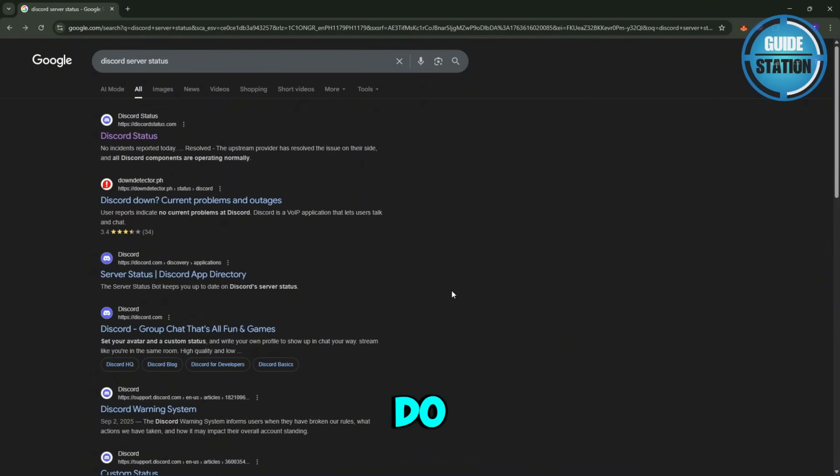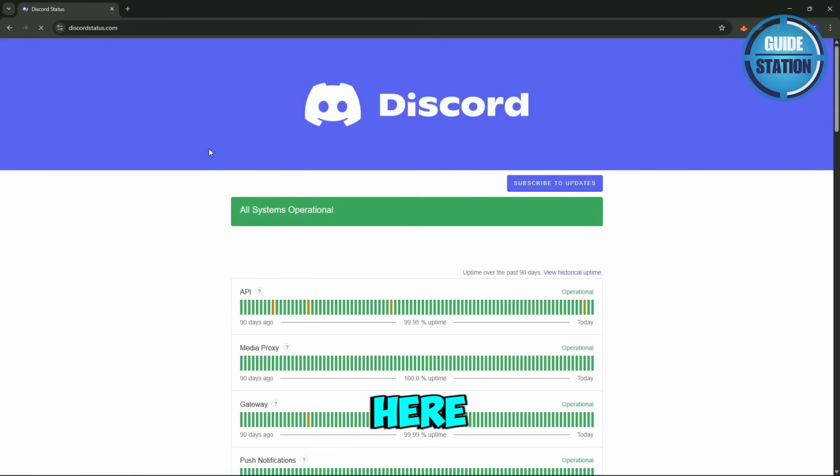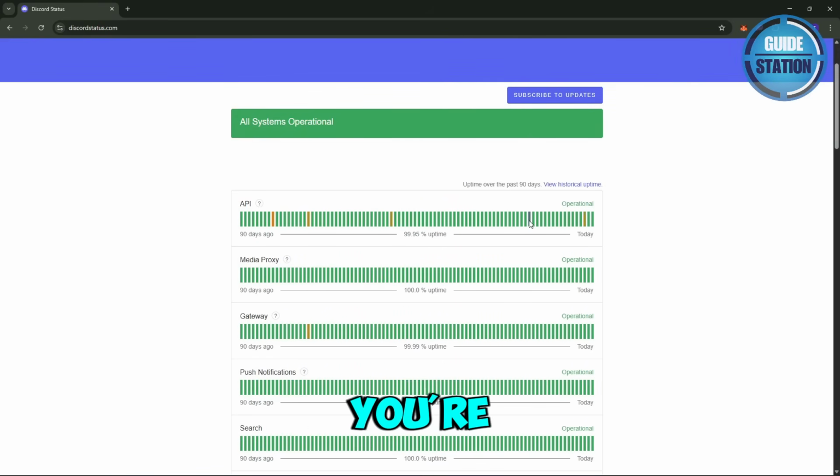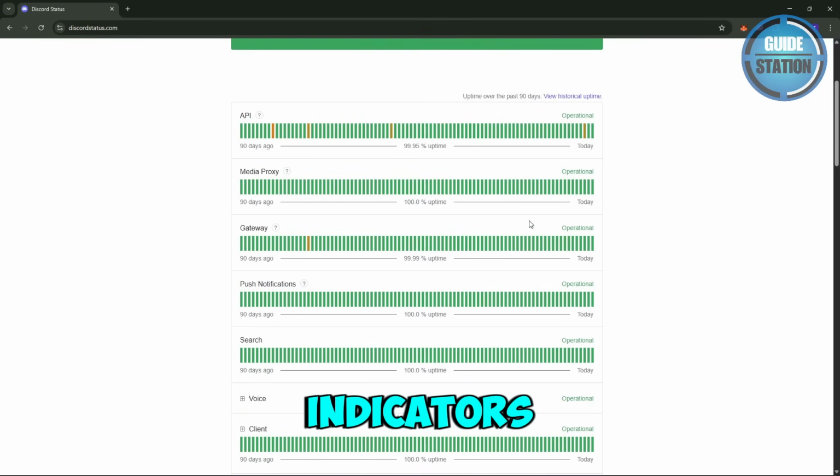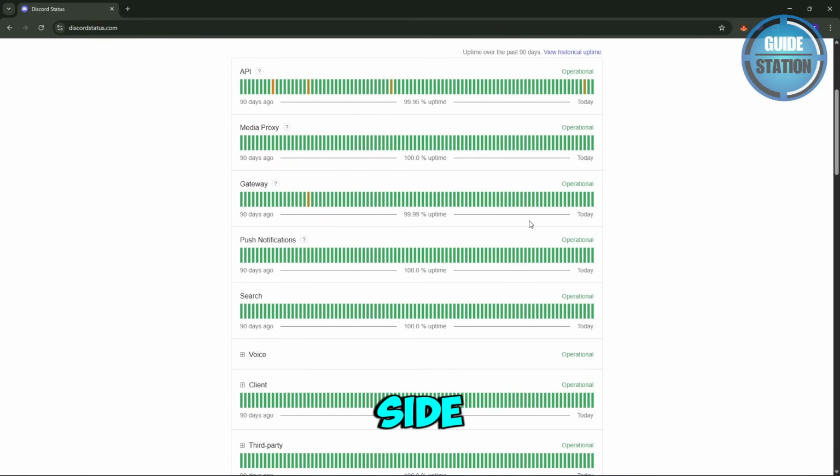The first thing you should do is check whether Discord servers are actually up. To do this, just open any browser and search for Discord server status. Then you want to click on the first official Discord status link. From here, you want to head over to the Discord status page, and if everything is green, you're good. If you see red indicators or a partial outage, the issue might be on Discord's side, and you'll just have